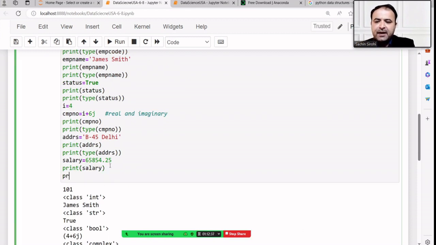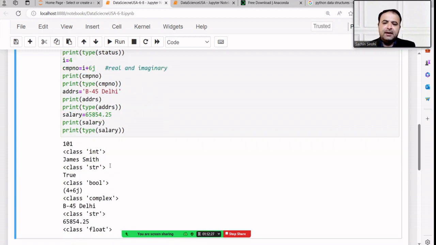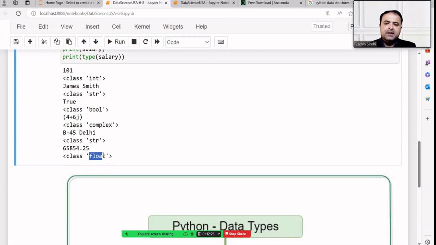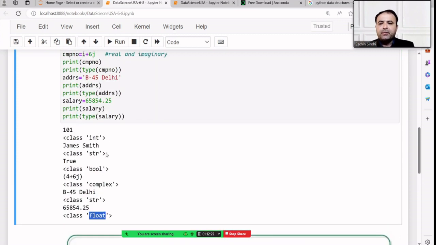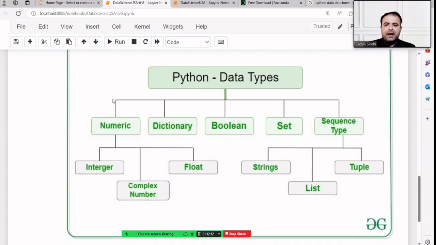Now I want to check the type of salary. It considered as a float. So when we have the value into the decimal portion or in a points, it will be considered as a float. Okay, class. So now I have discussed numeric value, integer, complex number, float,